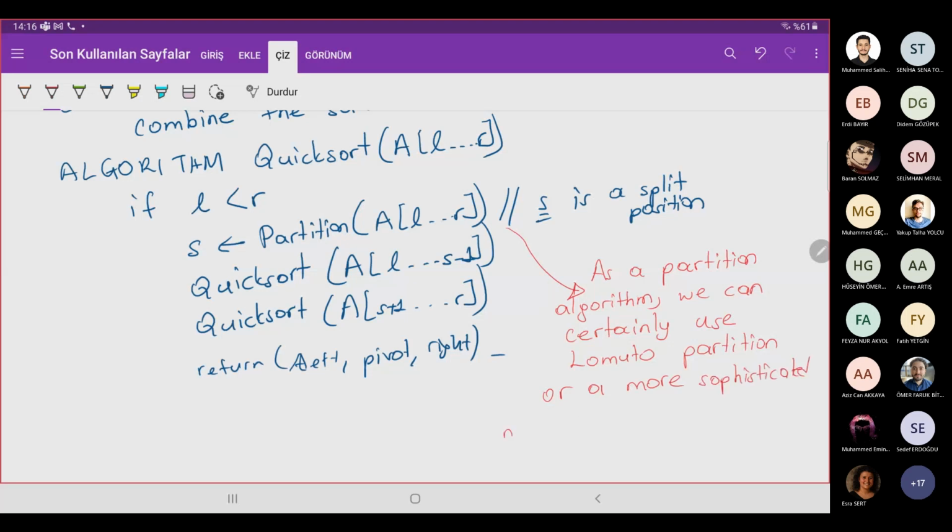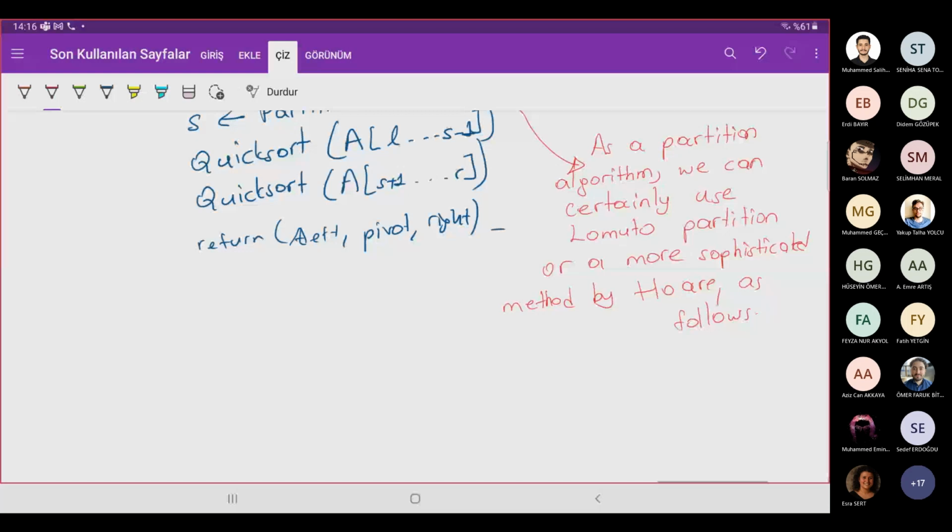Or a more sophisticated method by Hoare, as follows. So that's what we will see here. Another partitioning algorithm I will talk about, okay? So we start by selecting a pivot, an element